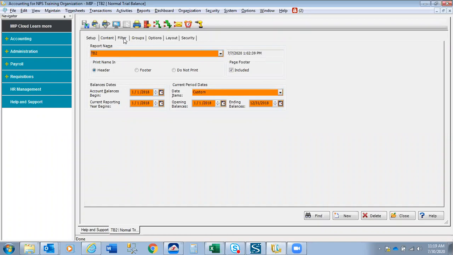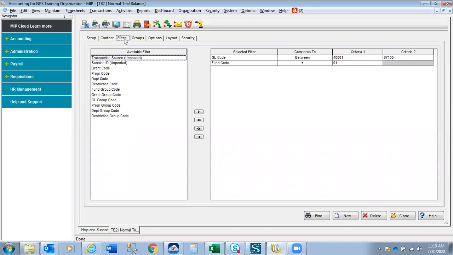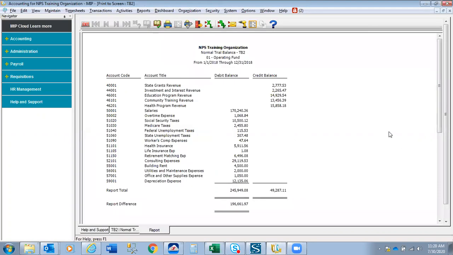Okay. The difference between my trial balance 1 report, which was, again, just balance sheet accounts, is this trial balance 2, which is really just created for looking for problems. We're filtering on the same Fund 1, but this time my general ledger codes start with the series of numbers of 4,000, which are my revenues, all the way through, in this database, the 67,100 account. What that's designed to do is run a report that pulls strictly revenue and expense accounts. Okay. Now, if I go ahead and run this, okay, now